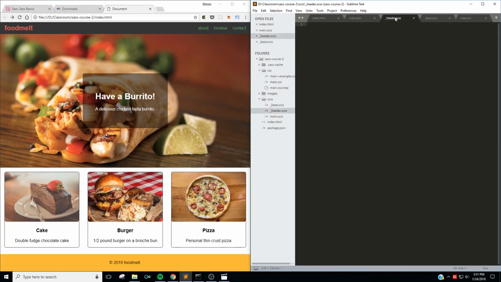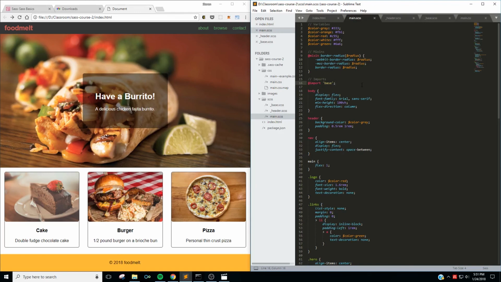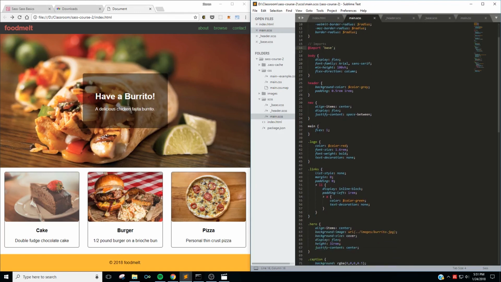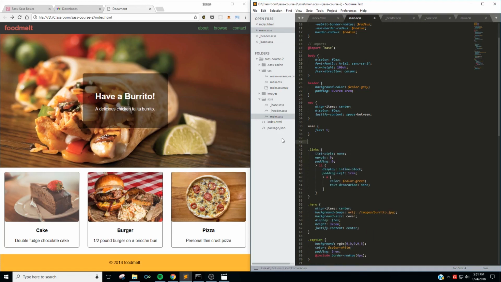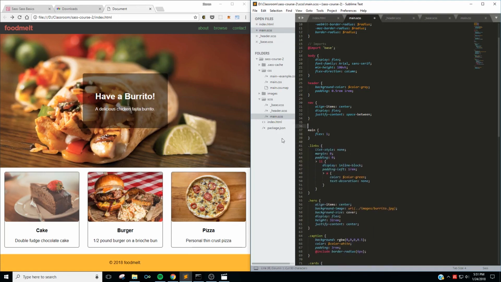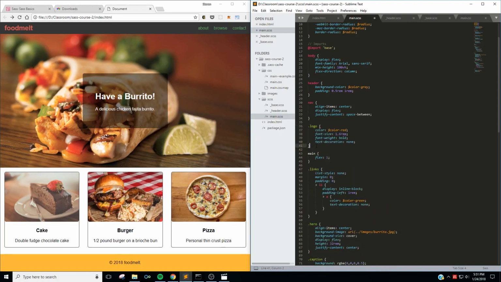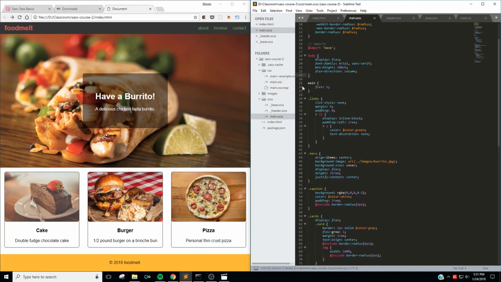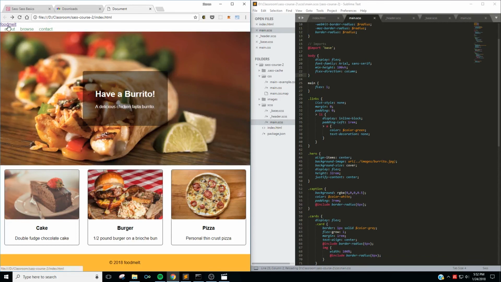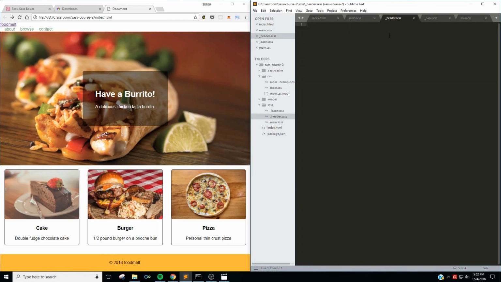Let's do this again with header, just so you can get the hang of it. For header, I guess we'll grab the logo too. Let me move this up above the main. Okay, we'll copy all this. I keep saying copy, I mean cut. So save. I'll refresh the browser to show you that some of the styling is gone from the header. And I'll head over to the header file, paste it in there, hit save,